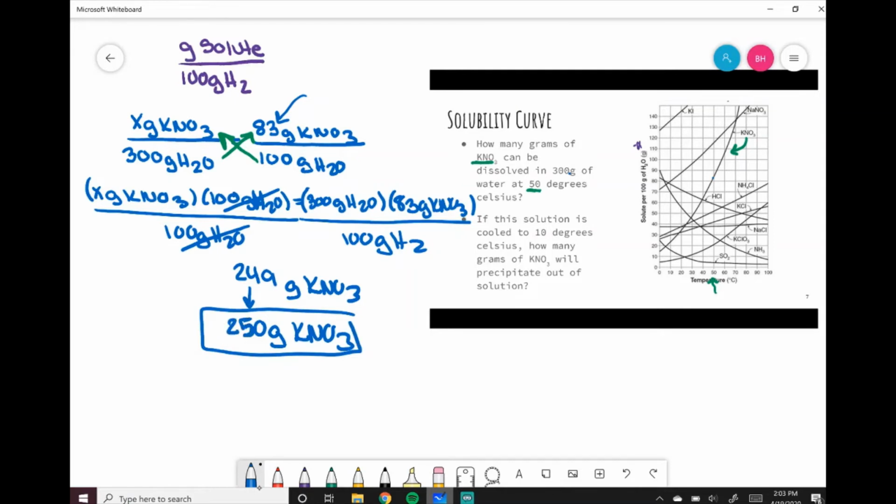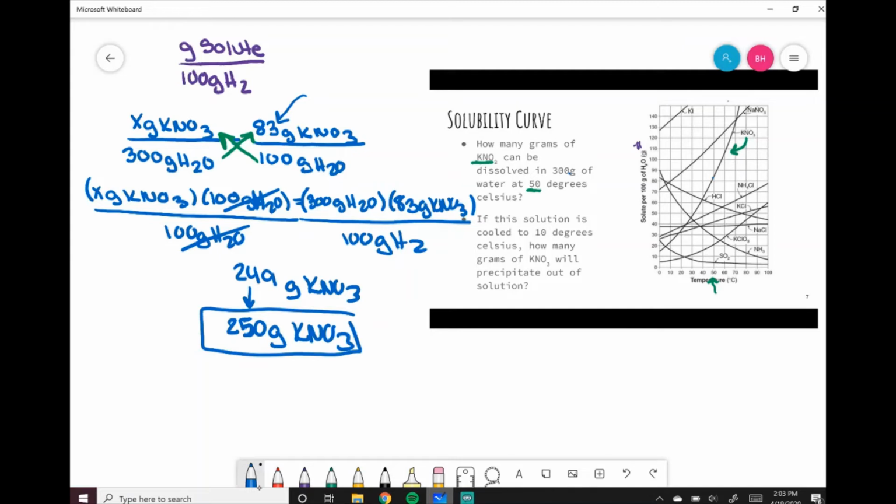250 grams of potassium nitrate. So that's the first one. Now the second one says if this solution, and the solution that they're talking about is the 300 grams of water, so they're talking about this solution that we just solved for, if this solution is cooled to 10 degrees Celsius, how many grams of potassium nitrate will precipitate out of the